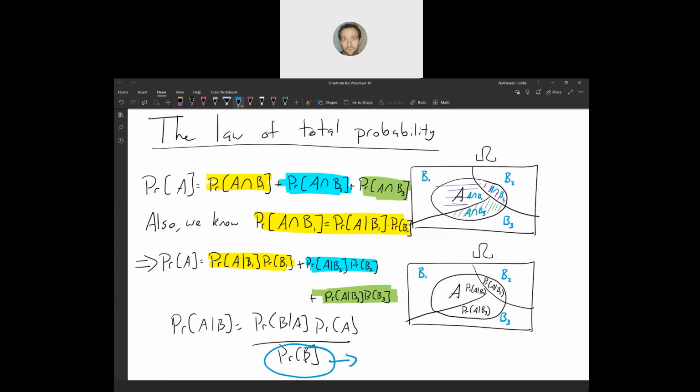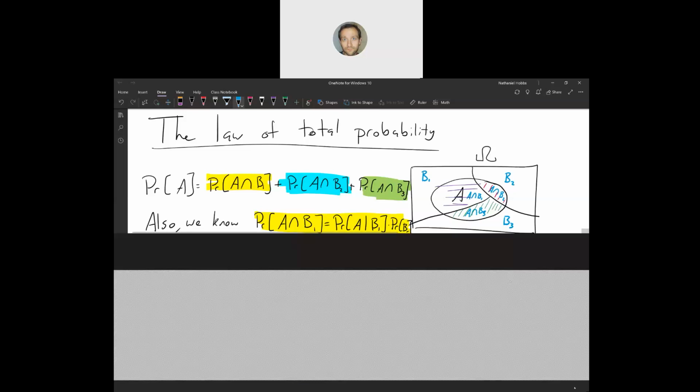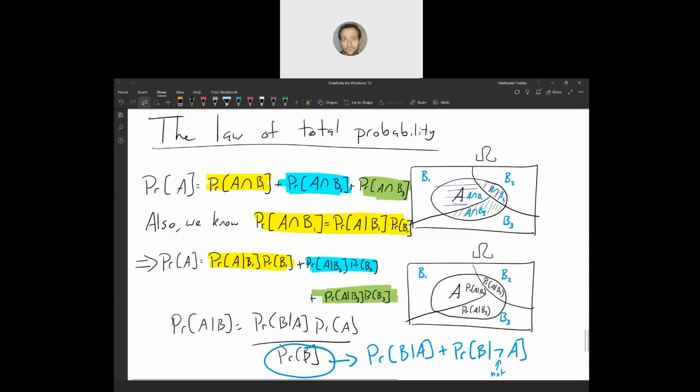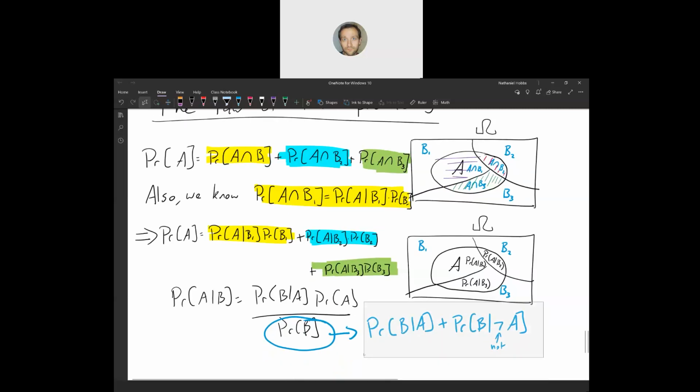And in this video, he says actually the probability of B is usually calculated as, for example, the probability of B given A plus the probability of B given not A. This symbol means not. So you calculate the probability of this thing here. You've already calculated it: if A is true, then what's the probability of B? And then you can also calculate the probability of B if A is not true. And this here is the